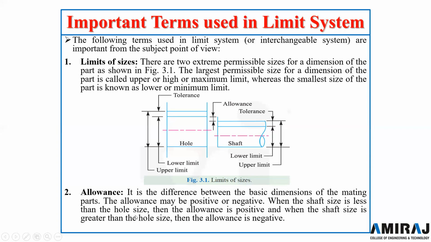the difference between both is known as the allowance. The allowance can be positive and negative also. When the shaft size is less than the hole size, then the allowance is positive. जो शाफ्ट की साइज है वो कम है होल की साइज से, ठीक है, तो वो अलाउंस क्या होगा, पॉजिटिव। जबकि शाफ्ट की साइज ज़्यादा होगी होल की साइज से, तो वो अलाउंस कैसा होगा, नेगेटिव।